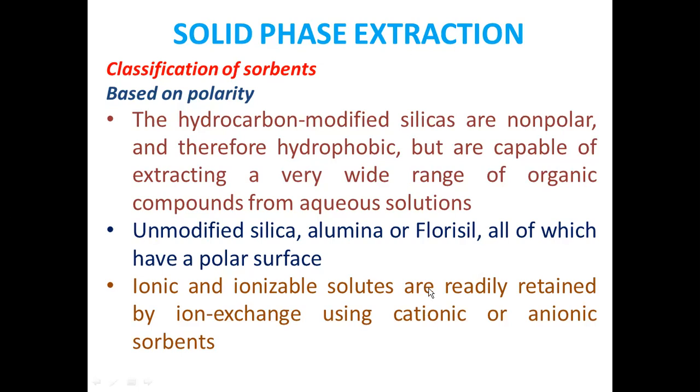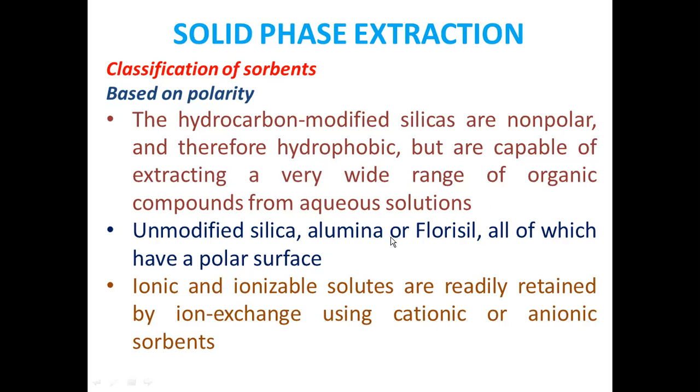They are separated from polar and intermediately polar solutes. When you introduce the sample solution containing polar, intermediately polar, and non-polar solutes into the solid phase extractor, the first group of compounds out are non-polar compounds, because polar compounds show better interaction with the polar sorbent, that is silica, alumina, or fluorosil. Fluorosil means magnesium aluminum silicate. Because non-polar solutes do not have the affinity to interact with the sorbent, they are excluded, left out, and pass along with the solvent.